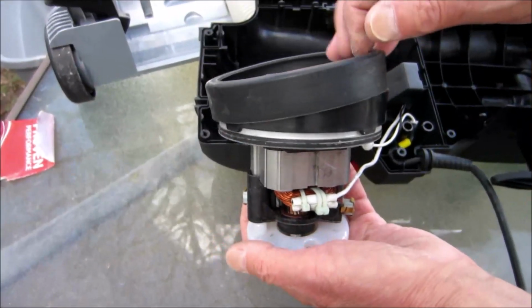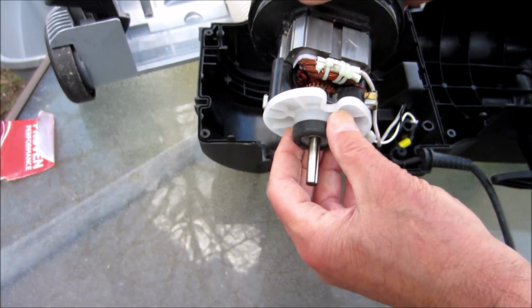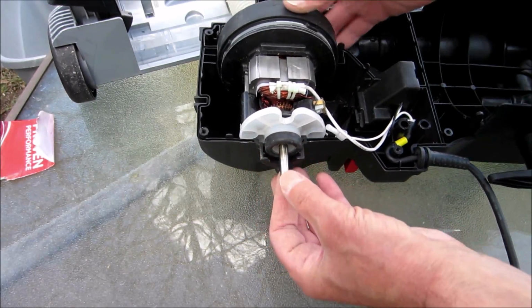And make sure you put the vibration ring on. And the cap. And the top is there. I marked it. So you just